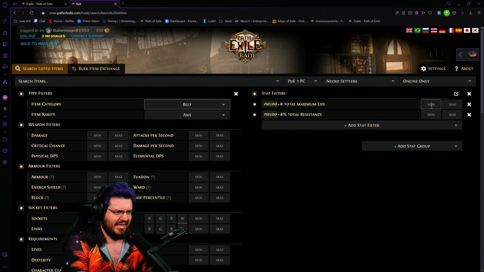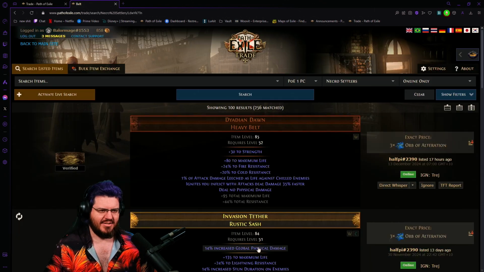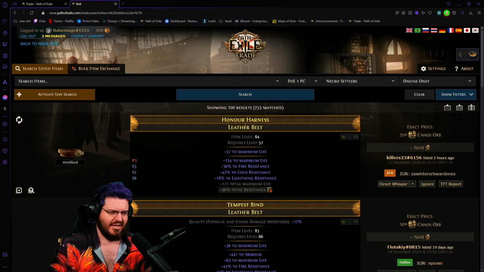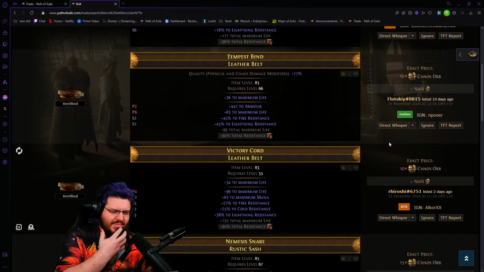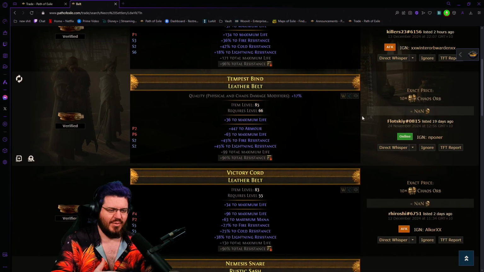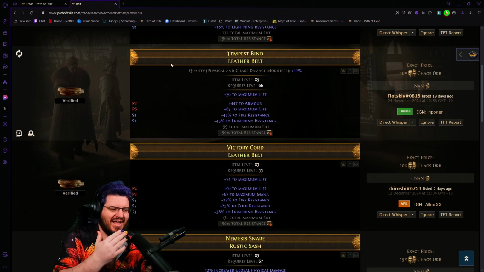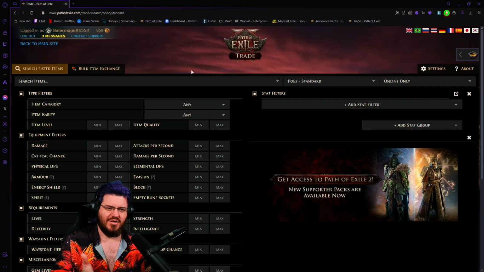And we would just be able to say I want 80 life. We could even scroll down the bottom and just say, hey, I don't want to pay more than 20 chaos, and then we're able to use this pseudo res node right here to just click on it and be like, haha, there is the cheapest or the best belts we can get within our price budget. Now that's great. That's fantastic. We love that. Super easy to gear. Unfortunately,